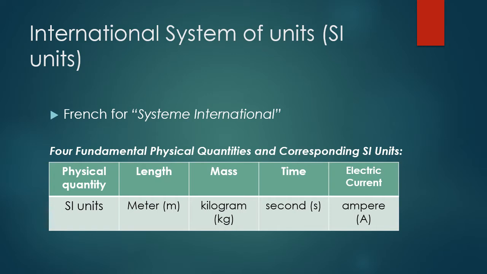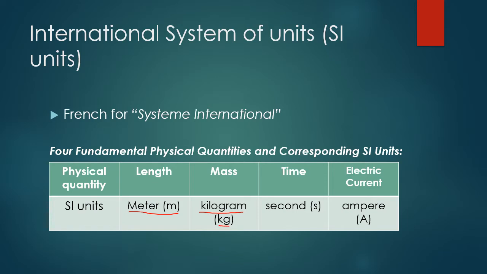What I have below is a table with the four fundamental physical quantities that we talked about on the previous slide and the corresponding SI units that are used. So these are the units that everyone uses in the science and math field when expressing measurements in length, mass, time, and electric current. So for length, the units that we use are meters. For mass, it is kilograms,